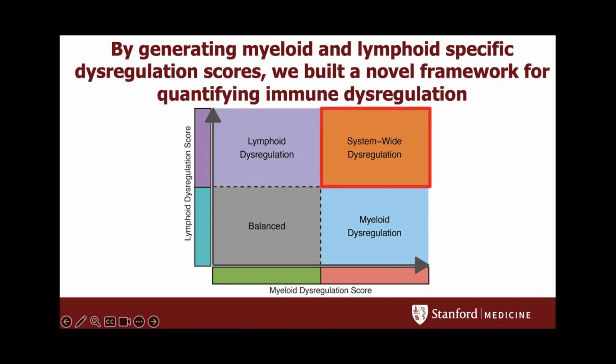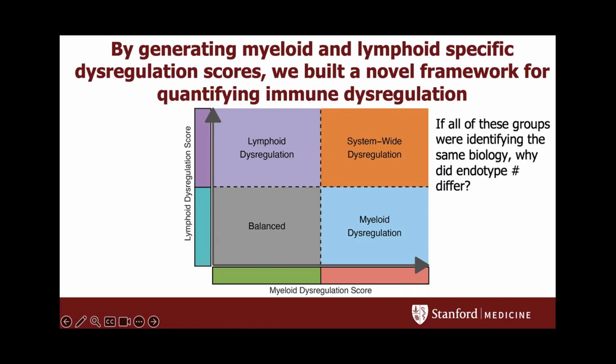So one of the key questions you all might have is, why is this needed? And I think looking back at all the sepsis signatures is really illustrative of why this flexibility is required. Despite ostensibly asking the same question, all of the groups we evaluated came up with different numbers of endotypes. And this really comes down to the fact that forced clustering is method and context dependent. For instance, an appropriate immune response to rhinovirus, or the common cold, may be totally inadequate to control MRSA bacteremia. And current endotyping schemas can't really deal with this issue to figure out what's an appropriate immune response to a given bacterial or viral burden.